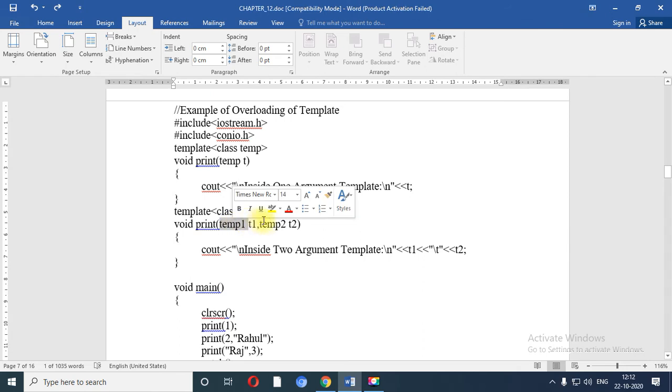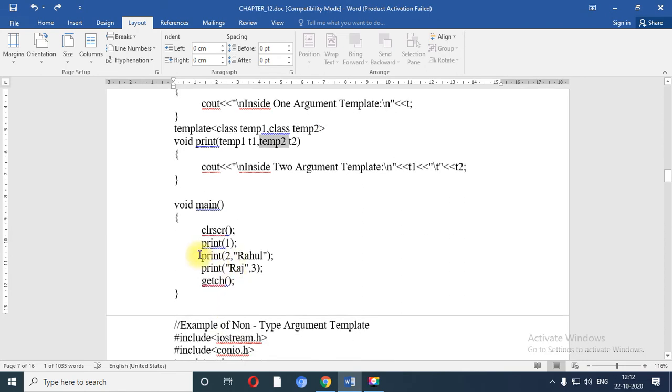But over here the data types of temp1 and temp2 are not decided. So when you call the print function these 2 times, this is the integer argument, this is a string argument. Again when you call the print function, this is a string argument and this is the integer argument.